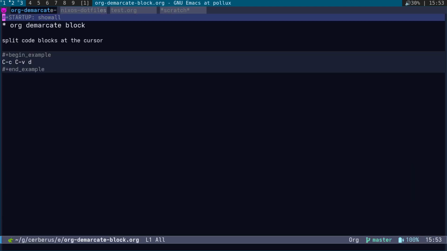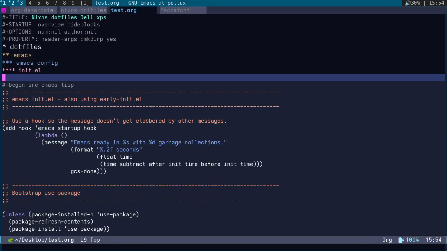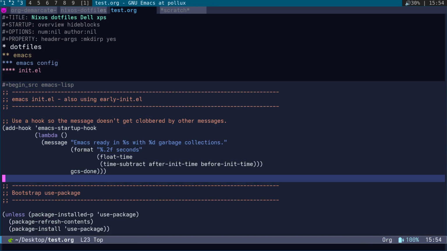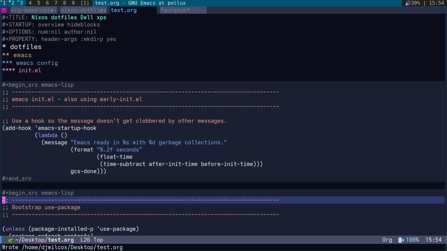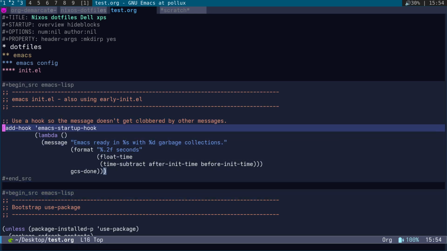Okay. So I was watching one of Prot's videos and he showed a top tip, and that is called org-demarcate-block. What this does is it splits code blocks at the cursor by running Control-C, Control-V, D. So I'll show you how this works. So we have this block here, and we want to split it here. Control-C, Control-V, D. Can you see what's just happened? You may need to change some lines, but you can see it's split the code block